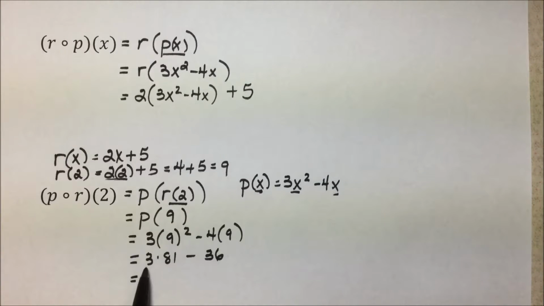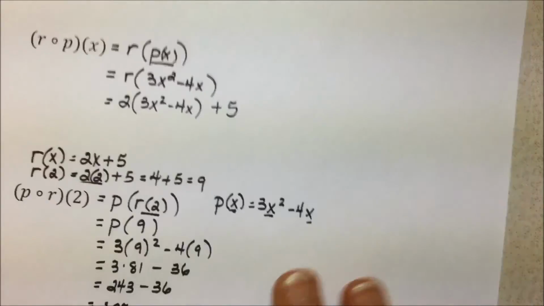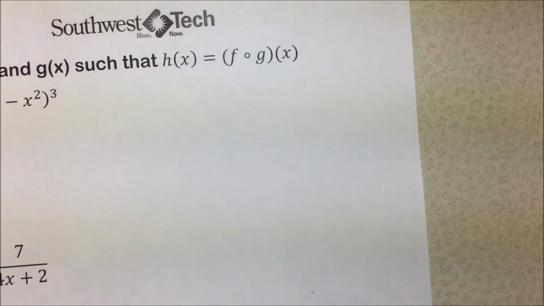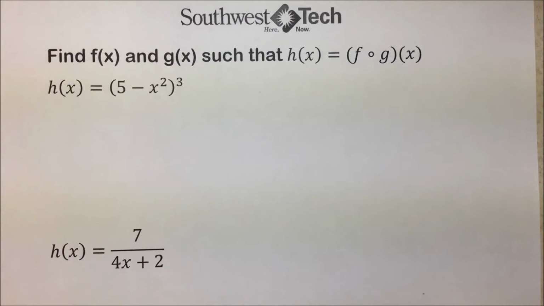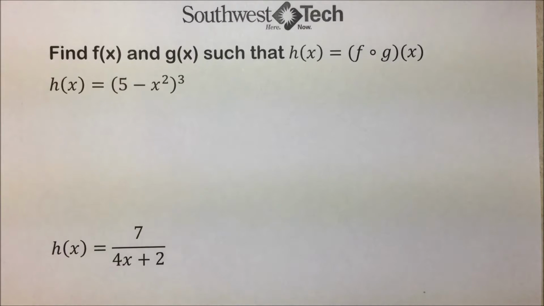3 times 81, 1 times 3, 3 times 8 will give us a 243 minus 36. 13 take away 6 is 7. We borrowed 1 from our 4. 3 minus 3 is 0, leaving us with 207. To turn this around and to help us with some understanding of composition of functions, we have the following